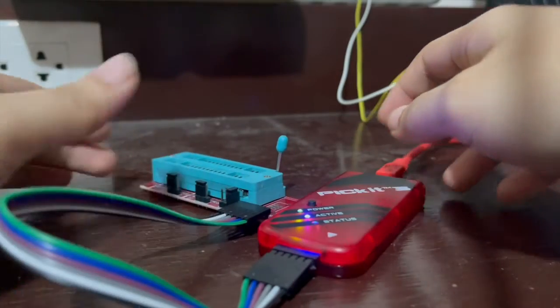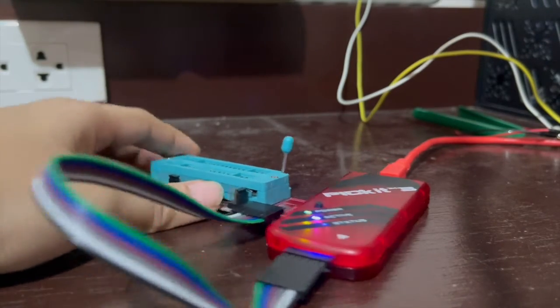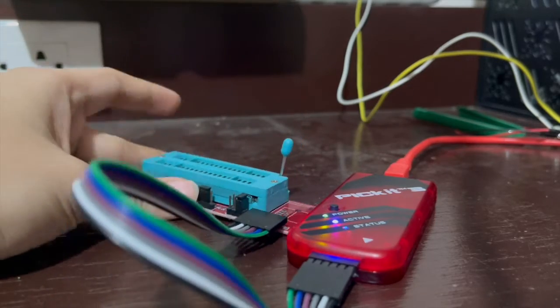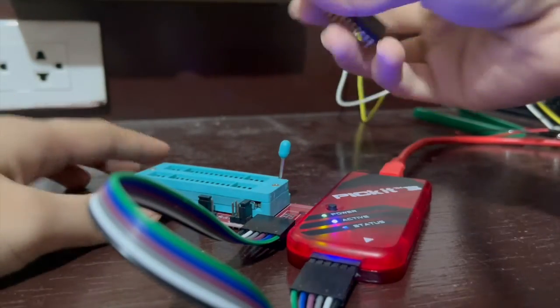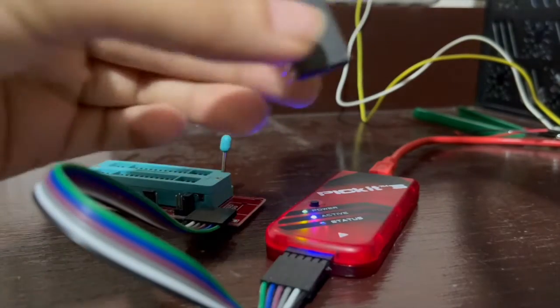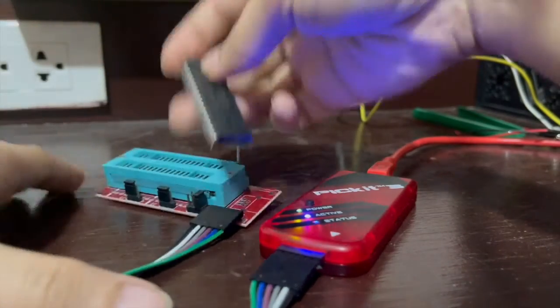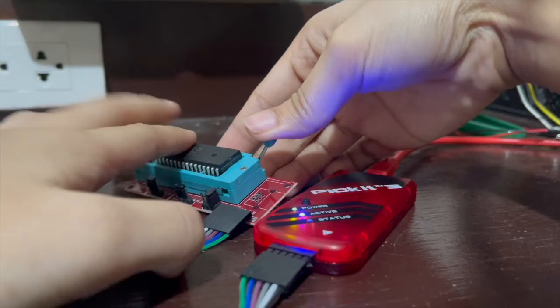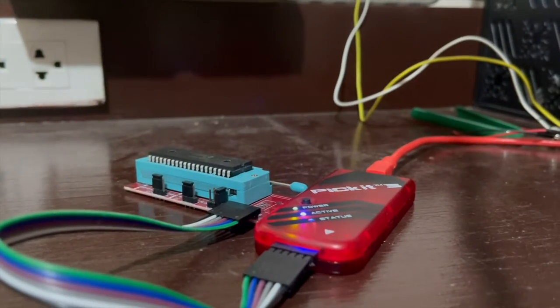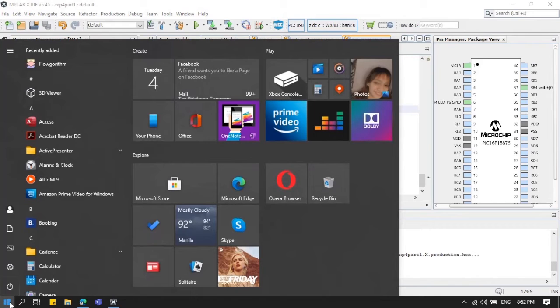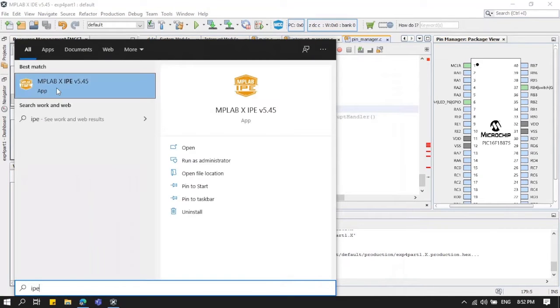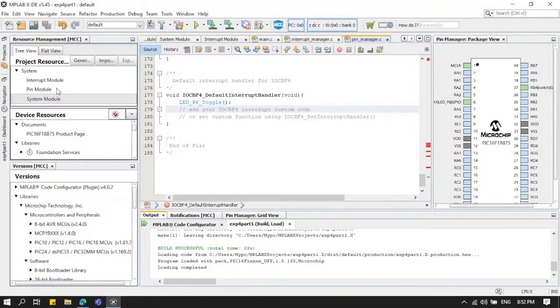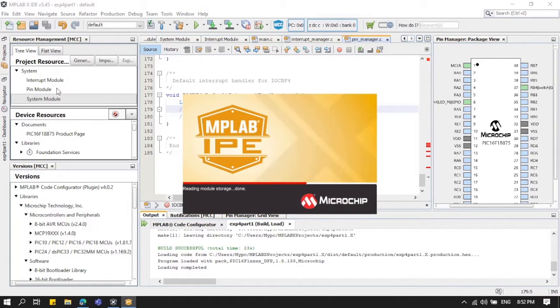and now using the application MPLAB IPE, we're ready to transfer the code to the IC. Here's the IC. This is how you should put it. The U should be here on top, and then we lock. Once the kit is connected to the computer, we should open the MPLAB IPE app. Wait for the application to load. This might take a while,